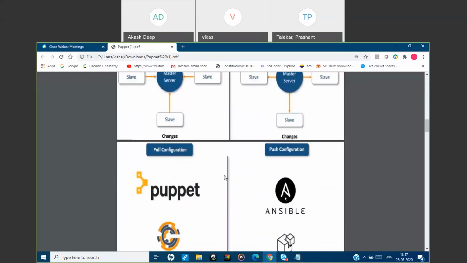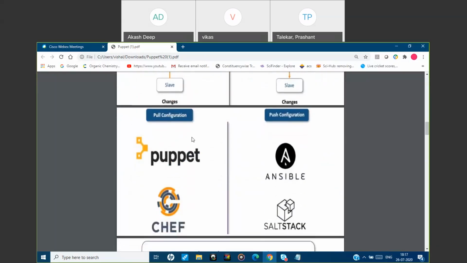So now coming to the tools. As a part of pull configuration, as I told you, we have Puppet and Chef. These two tools are a part of the pull configurations. And for the push configuration, we have Ansible and SaltStack. Not only these two, there are lots of tools in the market. If I am not wrong, HP and others used to develop these kinds of tools internally and use them. So there are lots of tools,